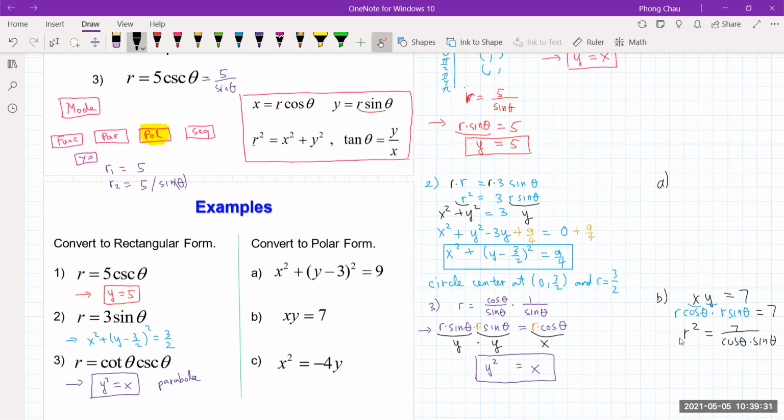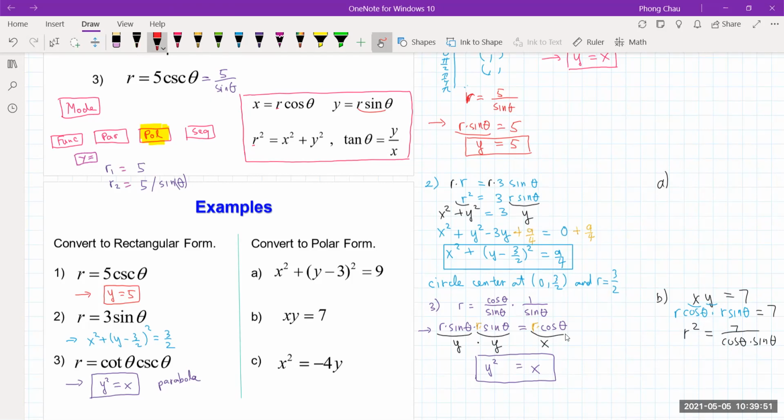And because it's a square, we just leave it like that. Okay, so this is the polar equation. Now, you can leave the answer like that, but if you want to make it look a bit nicer,